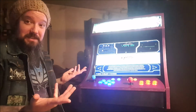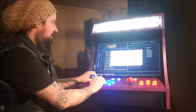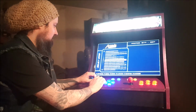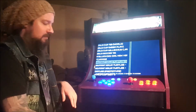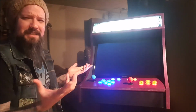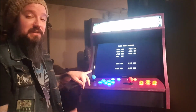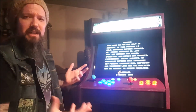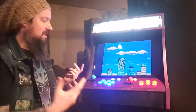So just going to show you guys that this does actually work. So let's go into arcade here. We are going to select and then pick our letter, so T. And we're going to go ahead and boot into a game. The other nice thing I like is that, and I don't know if it's the theme, I think it's more the image that the guy made. All the splash screens were changed, so if you're launching an arcade game, you get a nice little arcade cabinet kind of logo. If it's a NES game, you get a nice little NES image of an old, like pixelated, obviously, but...